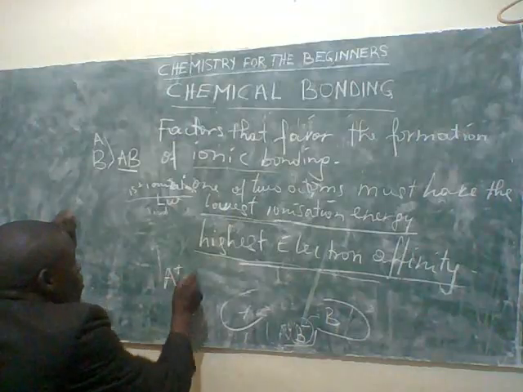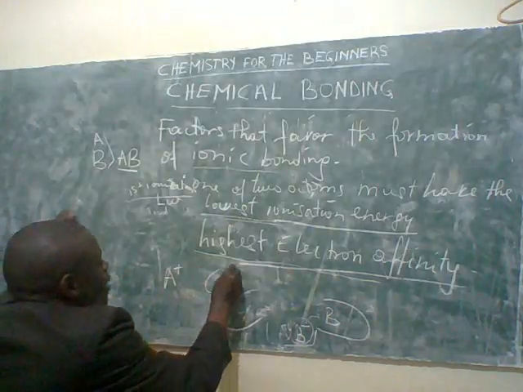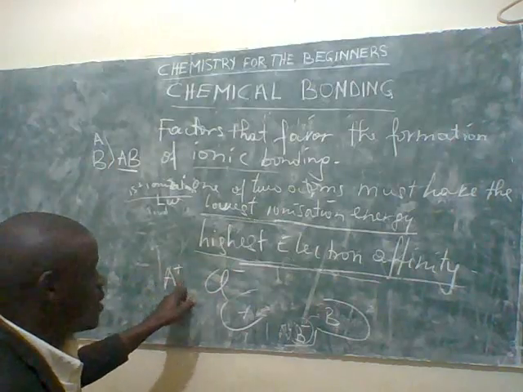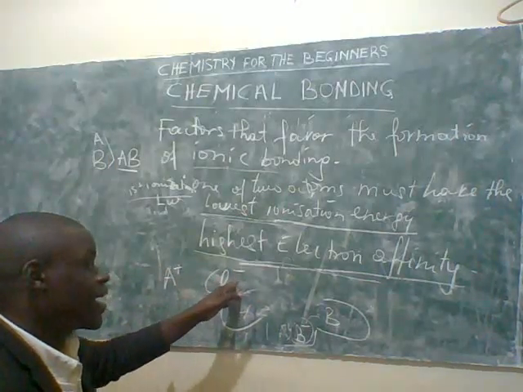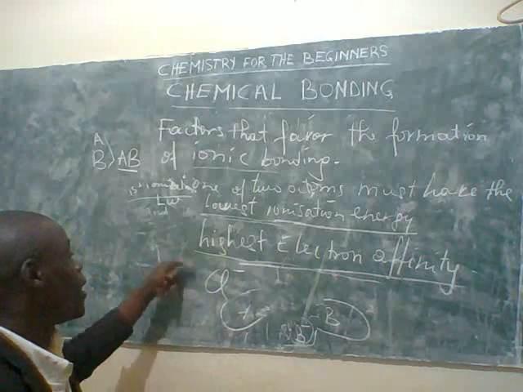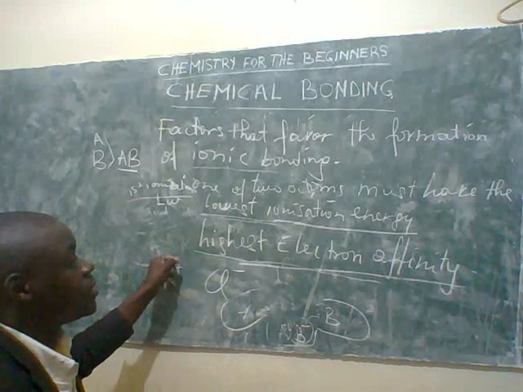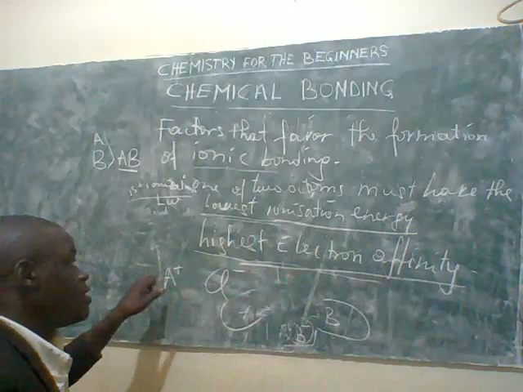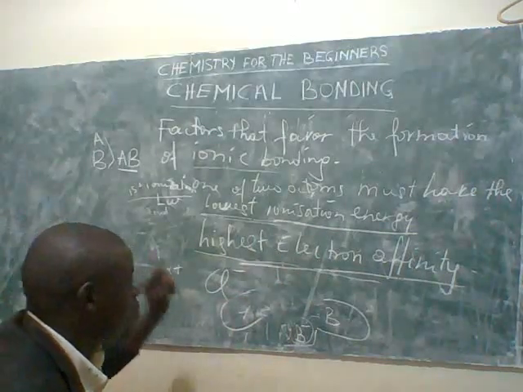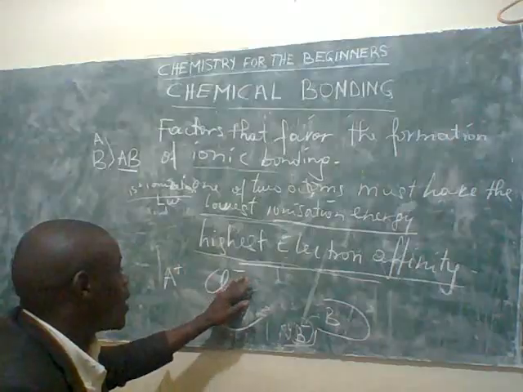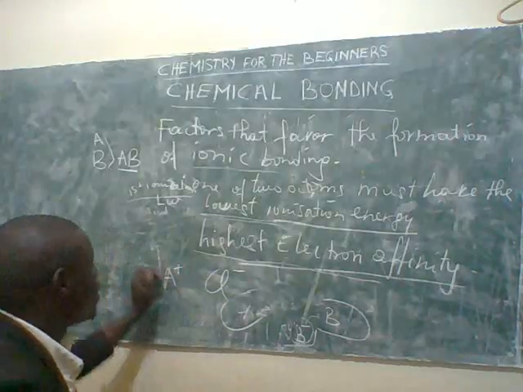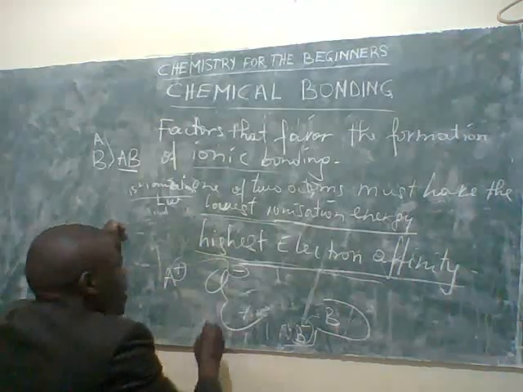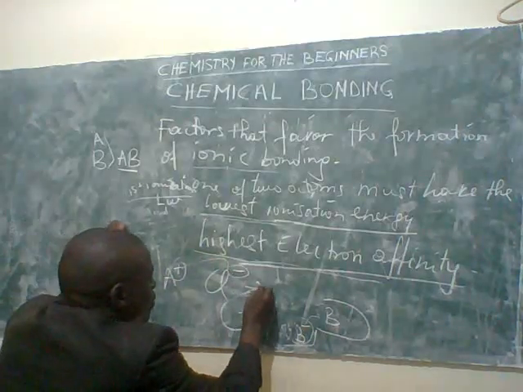This is A positive and this is chlorine negative. To become positive and negative, there was a requirement of ionization energy so that this one can become a positive ion and this one a negative ion. Then we move this and combine it with this